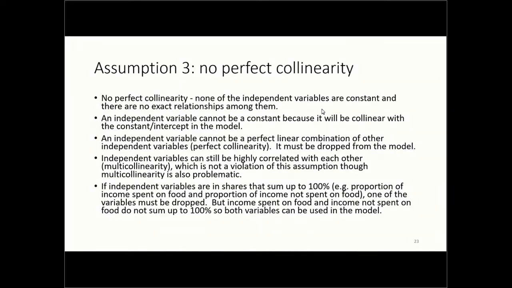But these two variables would sum up to 100% for each of the individuals. And that 100% would be collinear with the constant. So such two variables cannot be included in the model. So one of them has to be dropped. So we can include the proportion of income that is spent on food,